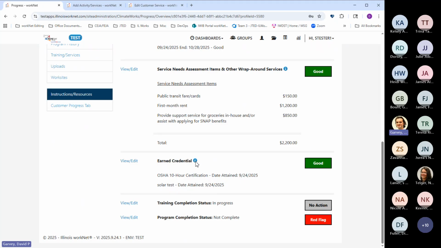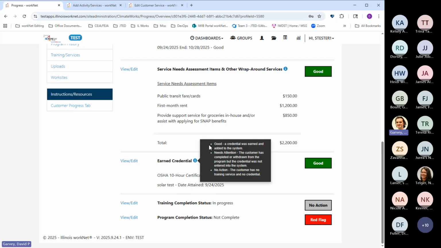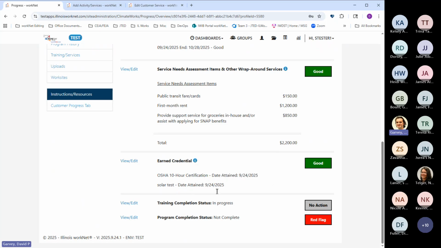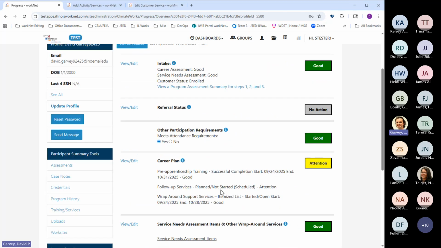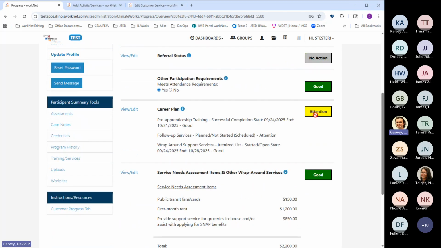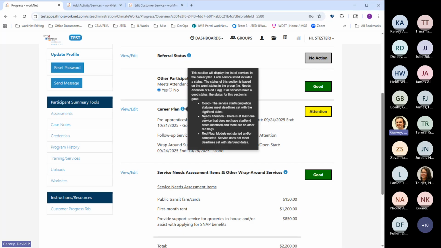And taking a look at this info bubble here, green for good means the credential has been added. Yellow, it just means that the customer completed or withdrew from the program, but the credential was not entered into the system. And then if it's gray, that means no action needed. The customer does not have a training service or a credential. And then let's see. So taking a look back here, we do still have our needs attention over here for the other services that we've added. And if we look at this info bubble,